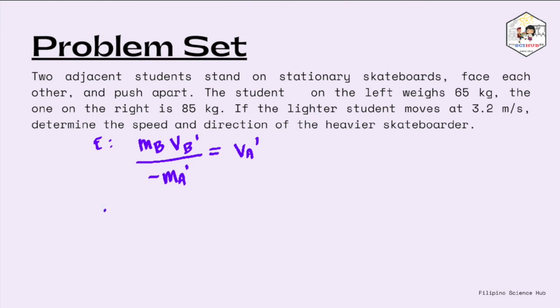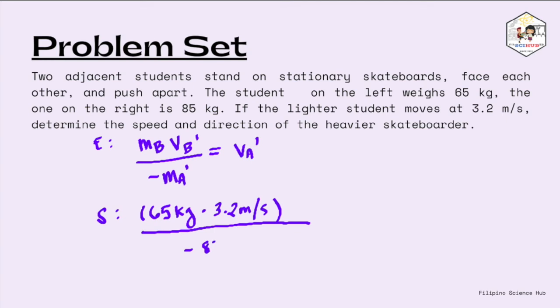Again, for our solution, we will now simply substitute our values in our working equation. So 65 kilograms, the mass of our student, times its velocity after pushing, 3.2 meters per second, is divided by the negative of the mass of our student A, is equal to the velocity of student A after pushing. So we simplify this further, we will get